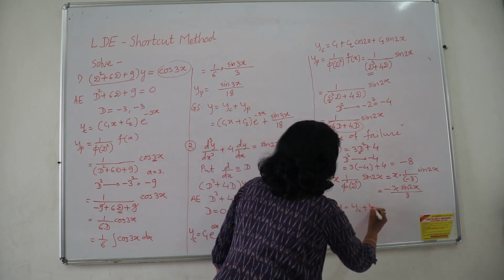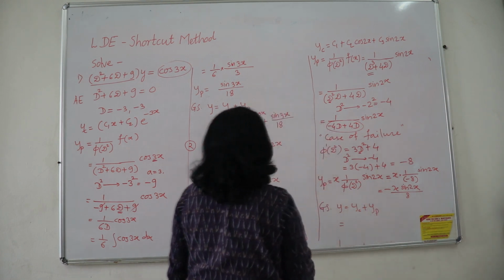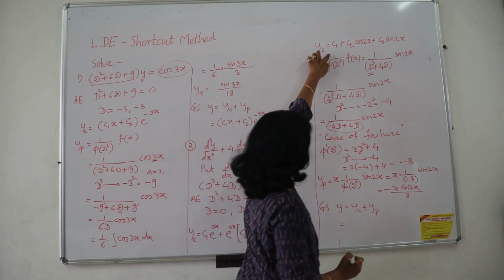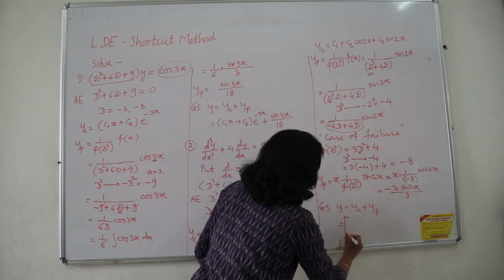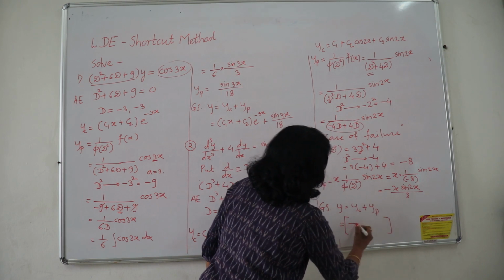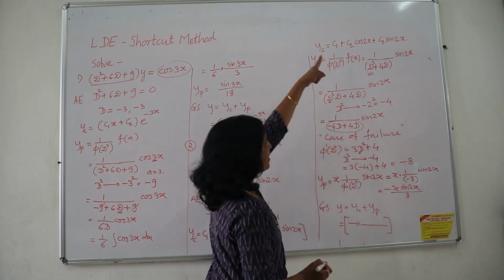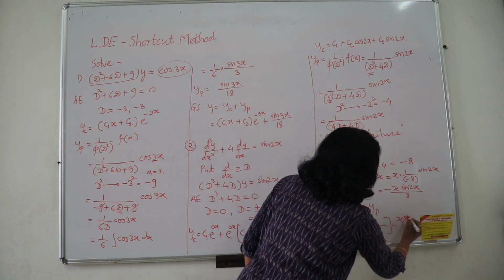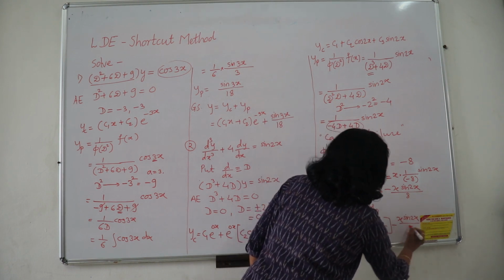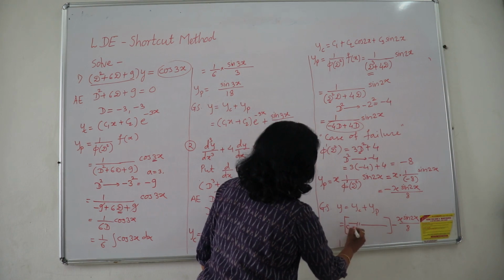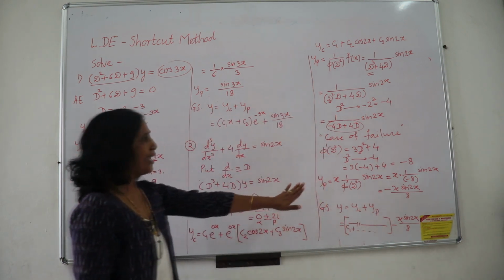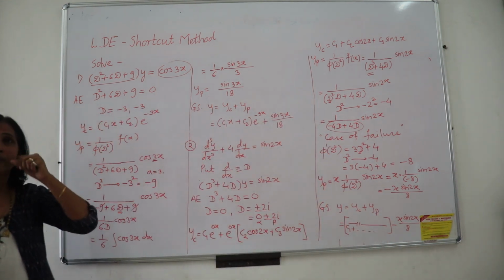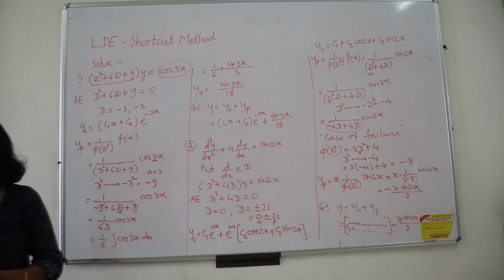y is equal to yc plus yp. So yc is the same quantity which you have written here. As I don't have place here, I will just write here the yc which you have written upside, and I will get it connected with the minus sign here, and so this is x sine 2x upon 8. You may just continue here c1 plus and so on. Clear? So I have just explained how to go with the case of failure in the second part.